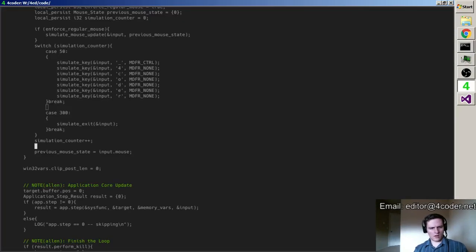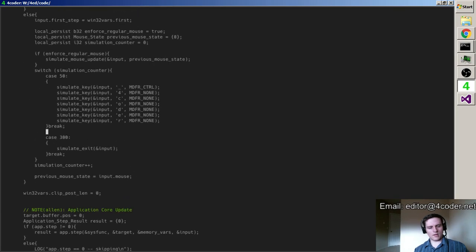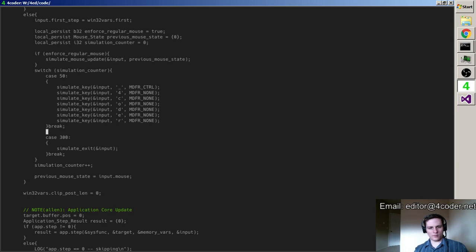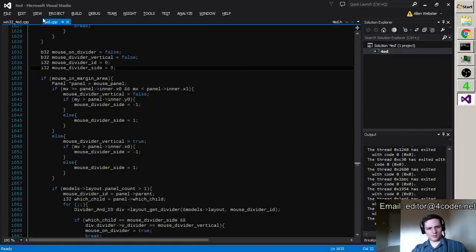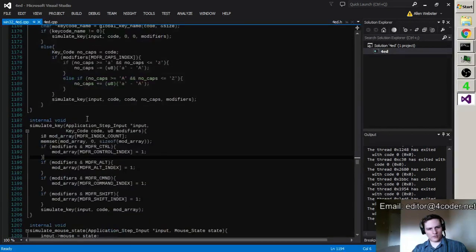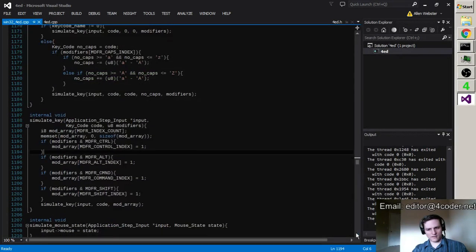Okay, so now we want to figure out why that happens. And to find out, I think the easiest thing to do will be to just have a breakpoint that lets me walk through the code on that frame. So what's the easiest way to achieve that?